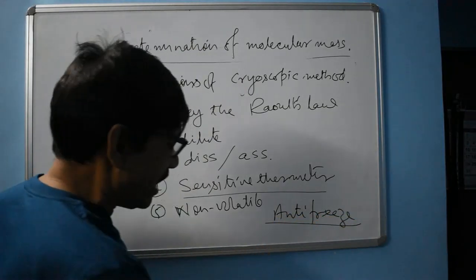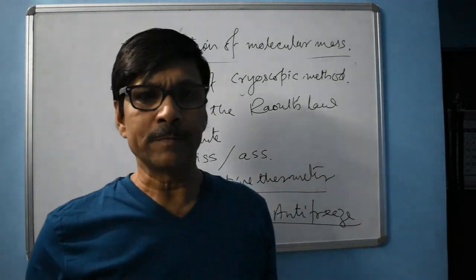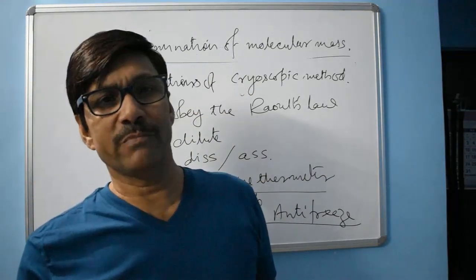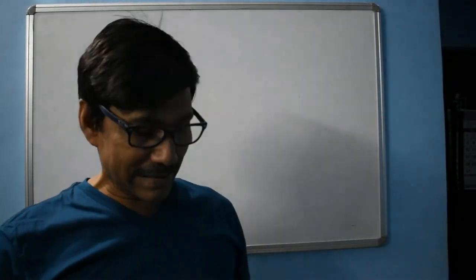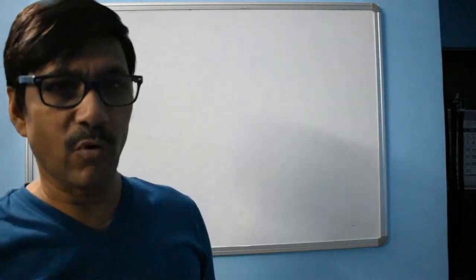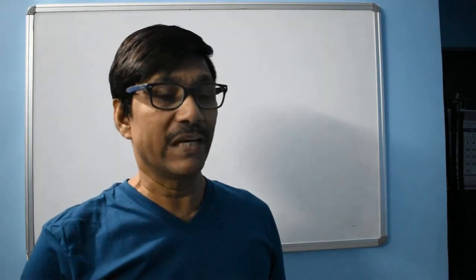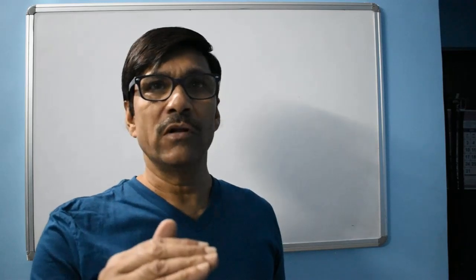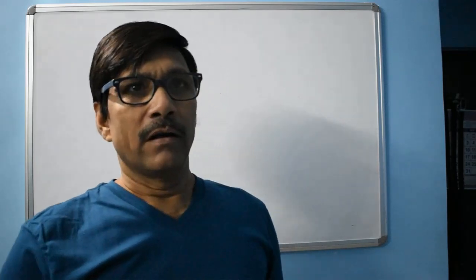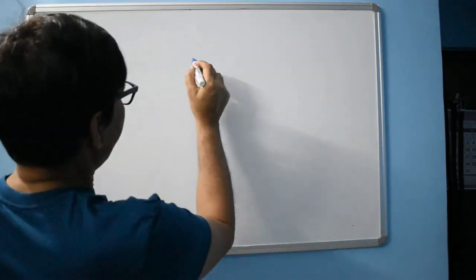Antifreeze. So the ordinary coolant we use is simply distilled water, which is mixed with something. So we have a number of examples of depression in freezing point. We add some amount of ethylene glycol in water which is used as coolant, so that if the vehicle is to be used at, say, hill stations in winter where temperature goes below 0 degrees Celsius, then the water will not freeze. Such substances are called antifreeze.